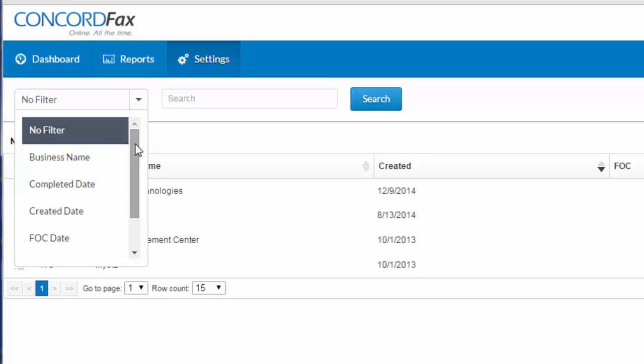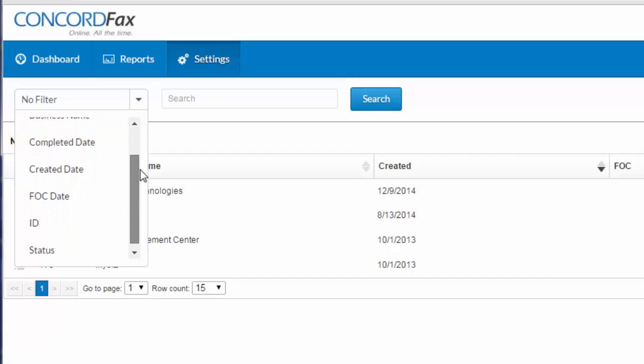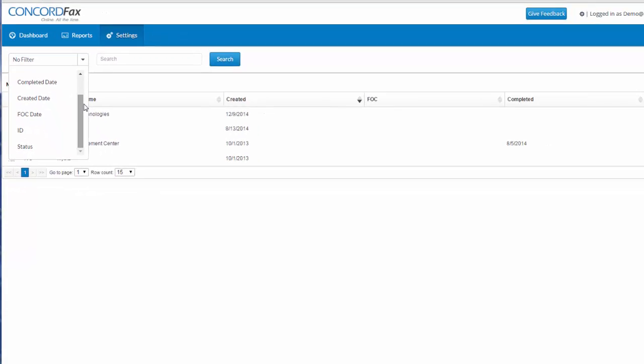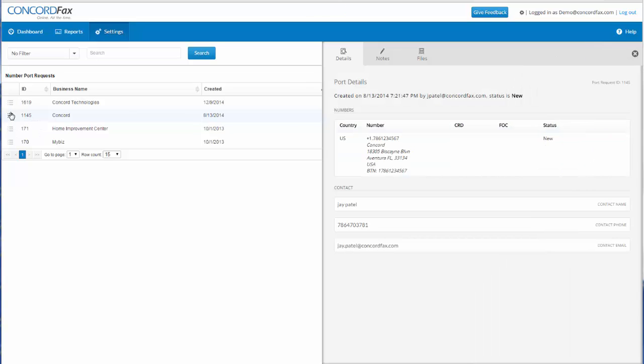I could filter by business name, completed date, created date, FOC date, ID, and the status. These filters become beneficial when I'm trying to quickly find a specific port or if I was wanting to see a list of all my ports with a certain status. If I click on the details icon on the left of a port, I am displayed with more information about the port. We'll get to more on that in a minute, but first let's look at how to port a